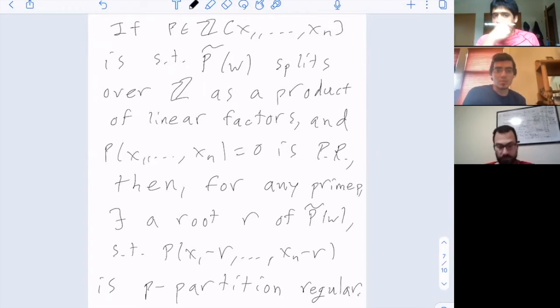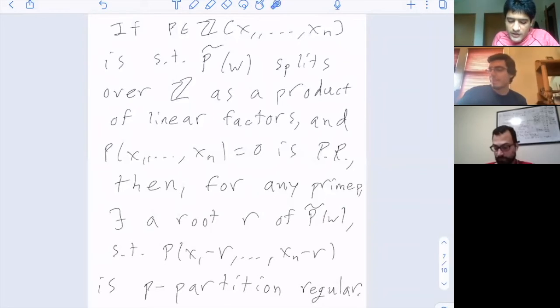So in order to obtain that minimal Rado condition, we needed to know more than the fact that the polynomial was just partition regular. In order to get this extension to the p-adics, they needed to know that the polynomial was p partition regular. But as I mentioned earlier, it's surprisingly not an obvious fact that even just a homogeneous polynomial that is partition regular would be p partition regular.